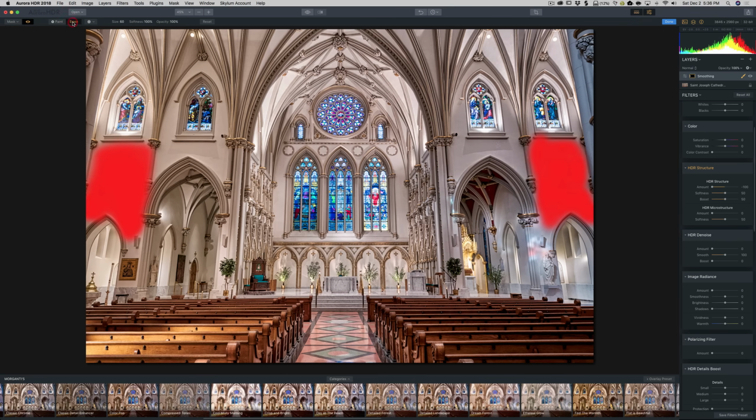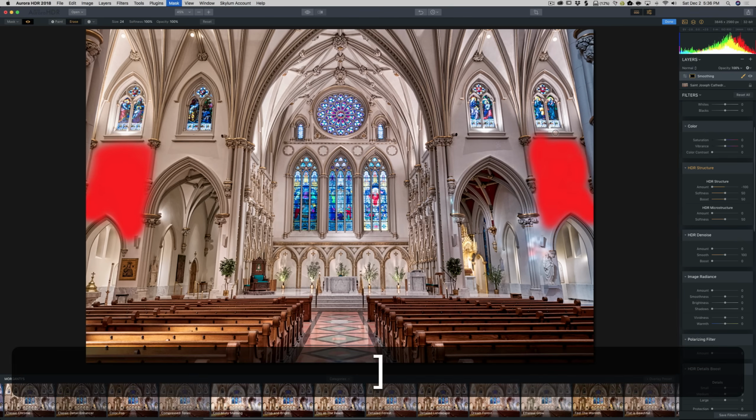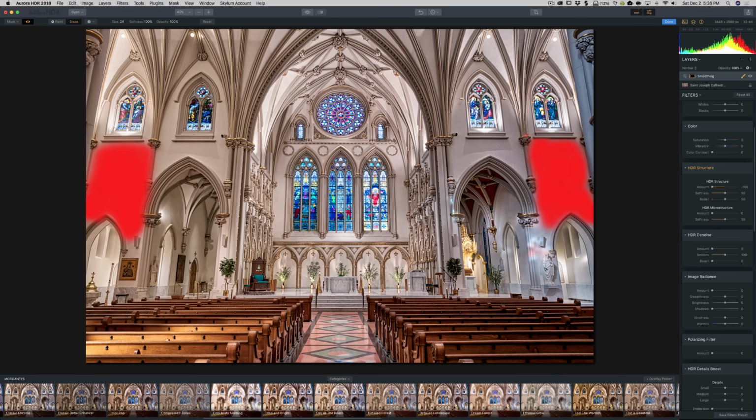You could go to the erase right here, and then get a smaller brush, and you could erase the effect from where you don't want it, like that. You could also go to paint. A faster way, if you don't want to keep going up here and hitting paint, erase, is while we're on